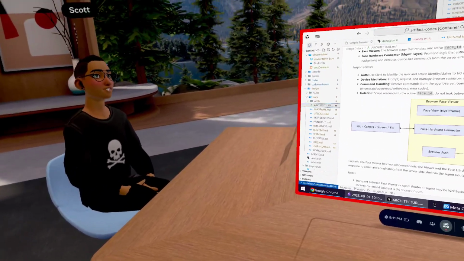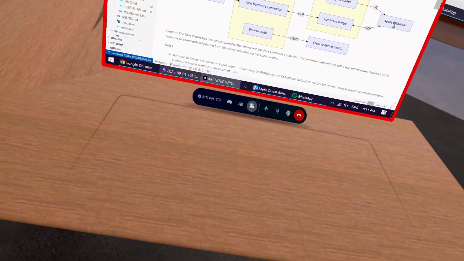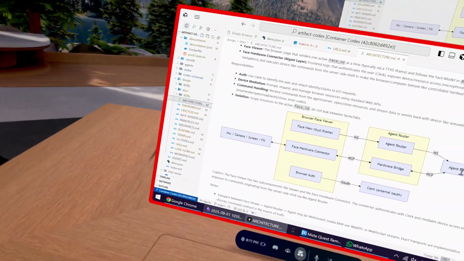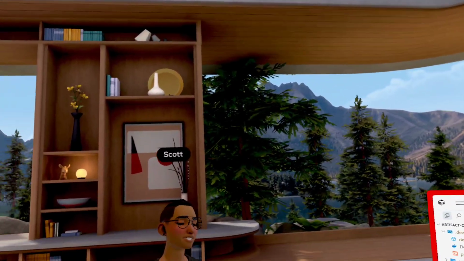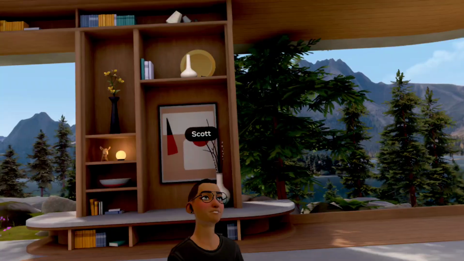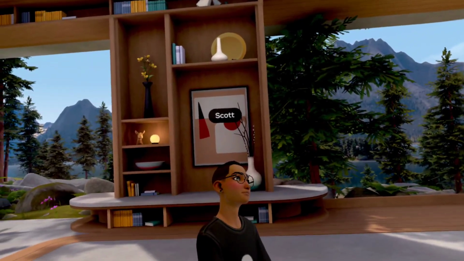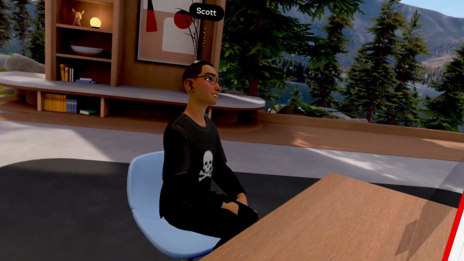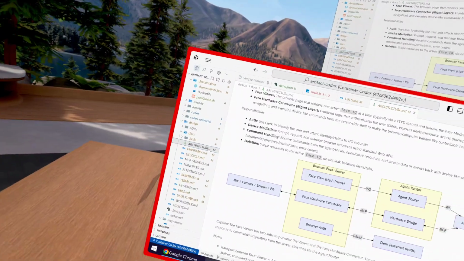The reason I like this is because it's very lightweight on the device. You're offloading to the agents. The agents can do their own thing, do the heavy lifting, and still bring back information from your device. That's pretty neat. That means devices can be very low power.